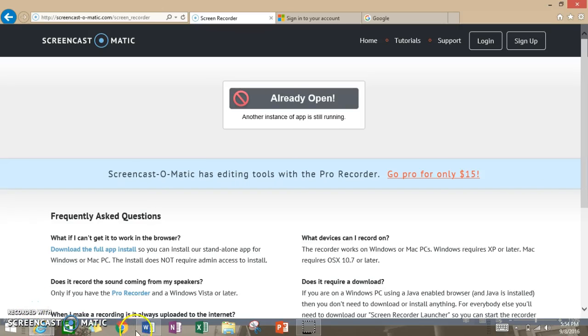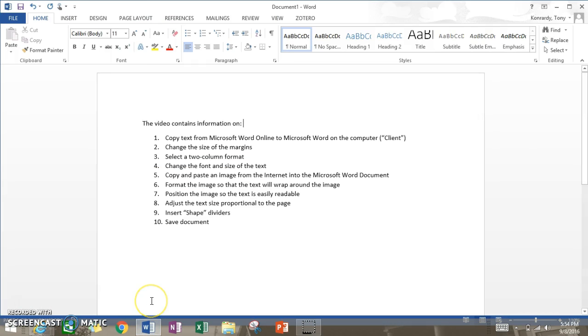This video will provide you with information on how to do several items related to Microsoft Word. The first is to copy text from Microsoft Word Online and paste it into Microsoft Word on your client version or the computer. We'll look at changing the size of the margins, which is the area around the outside of